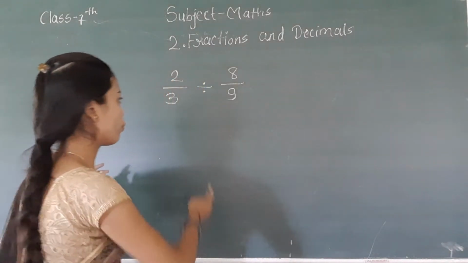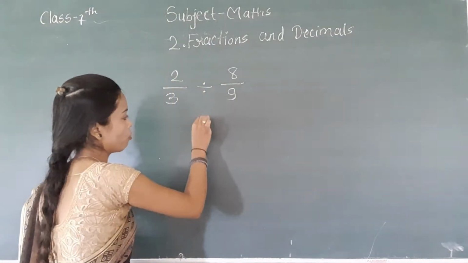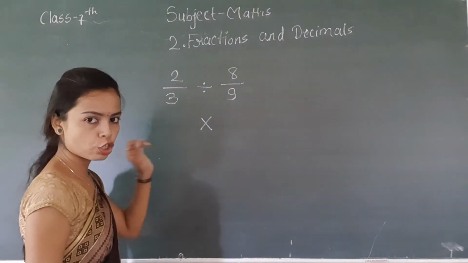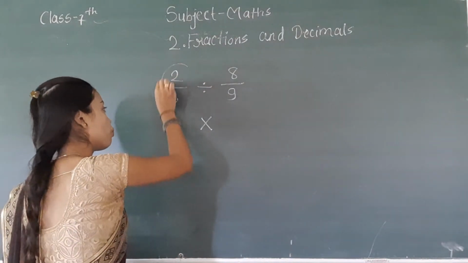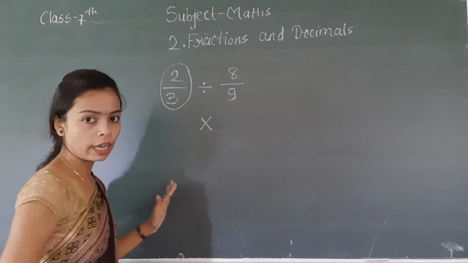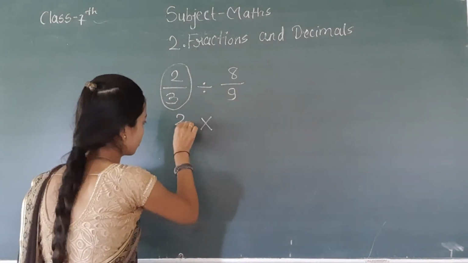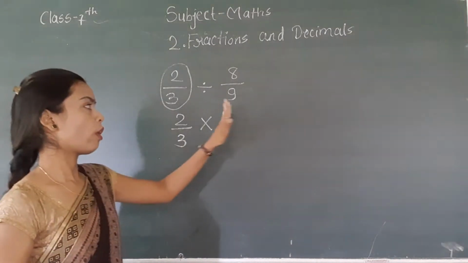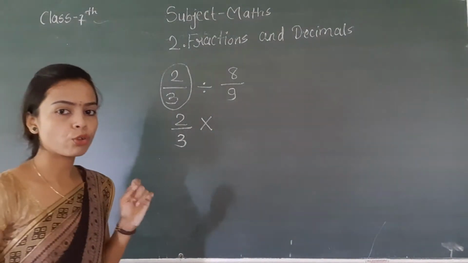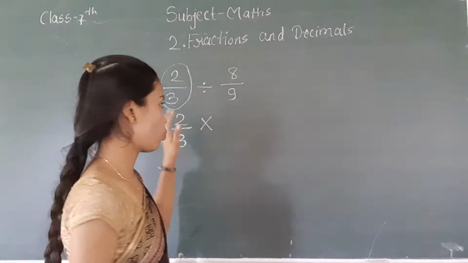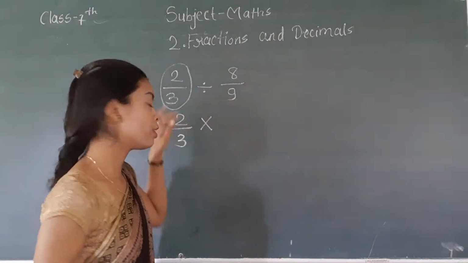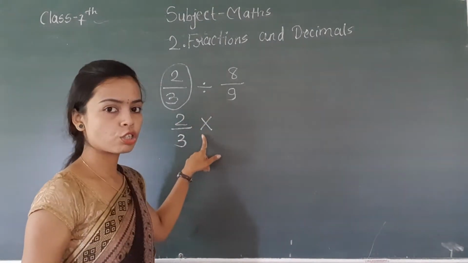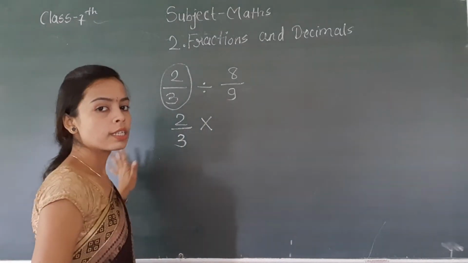Okay, so if you have to change this division symbol into multiplication, अगर आपको इस division symbol को multiplication में change करना है, so write first fraction. जो fraction first पे लिखा है, first fraction as it is. You have to write your first fraction as it is and you have to write the reciprocal of your second fraction. For these, if you have to divide any two fractions, write first fraction as it is, change your division symbol with the multiplication symbol and write the reciprocal of the second fraction.